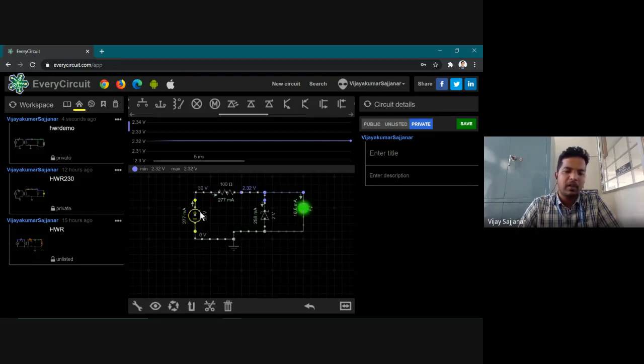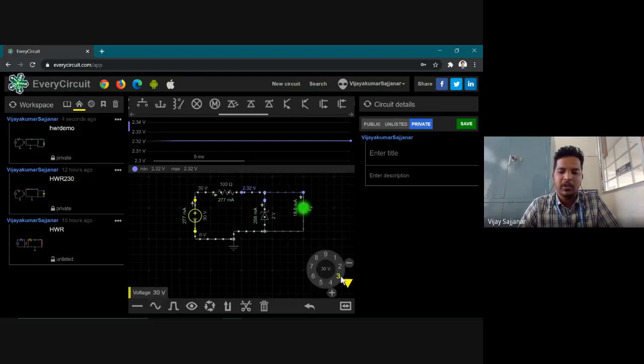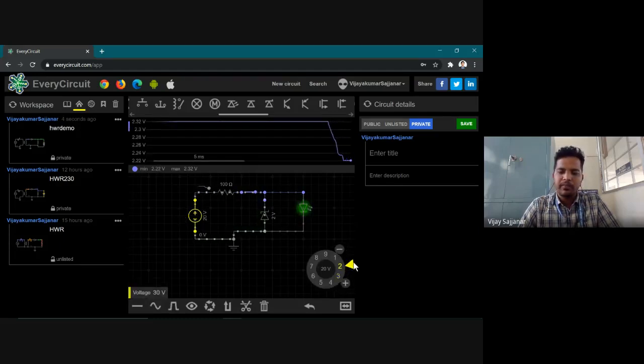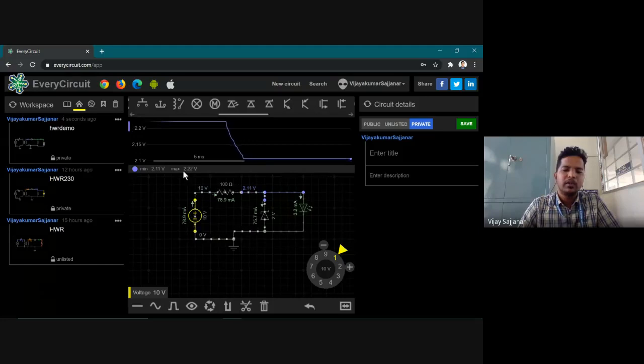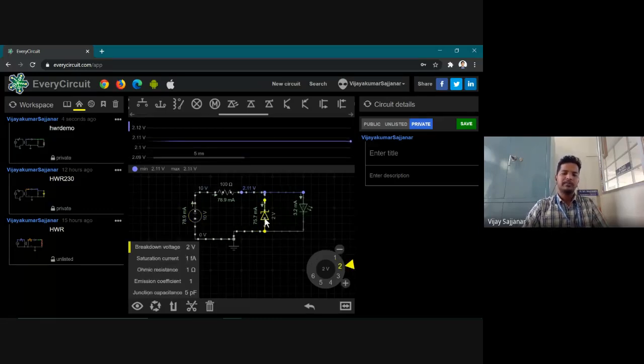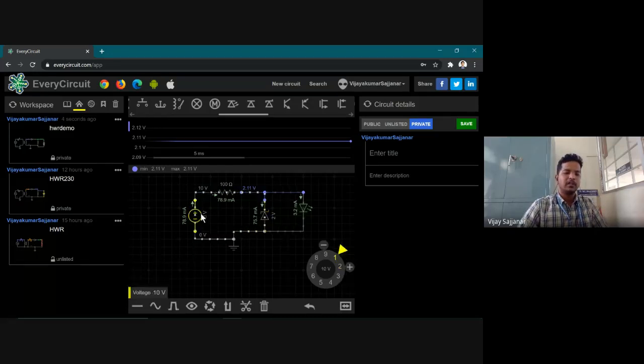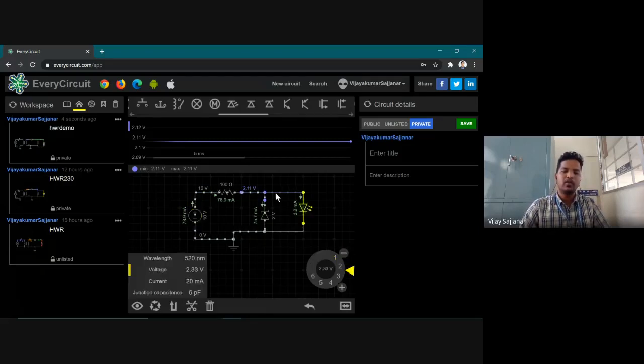How a Zener diode will help is, instead of 30 volts, we can keep reducing. Whatever might be the reduction, we should not go lower than 2 volts. Still the circuit is not damaged, will not have a problem. Still the output is near 2 volts. Our main concentration should be on observing that the breakdown voltage of the Zener diode should be lower than the supply voltage, so that our circuit will get 2 volts all the time.